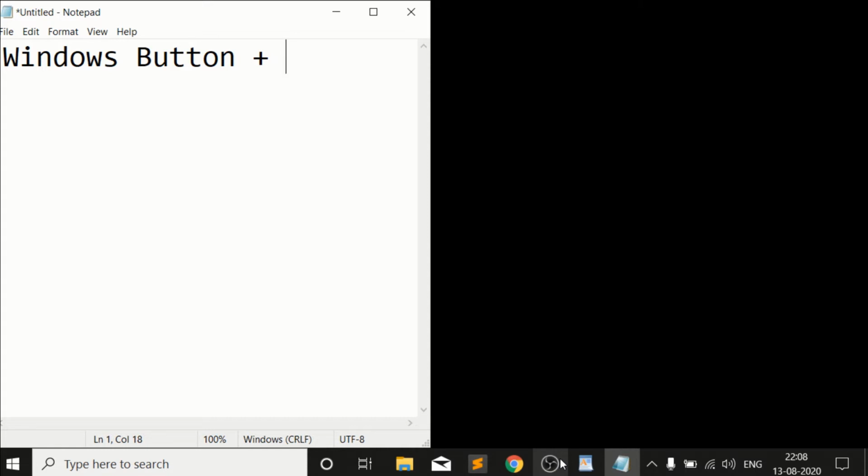So today I have come up with a very interesting topic, that is how to use the Windows key as a shortcut. If I talk about how to use a PC or any Mac or Linux operating system, any operating system, if you are using the mouse, you are pretty slow.